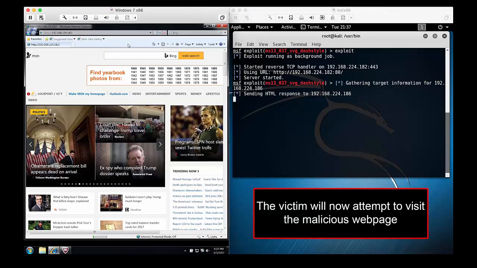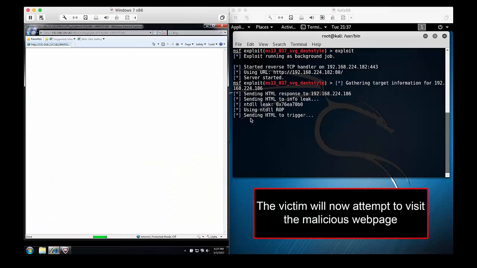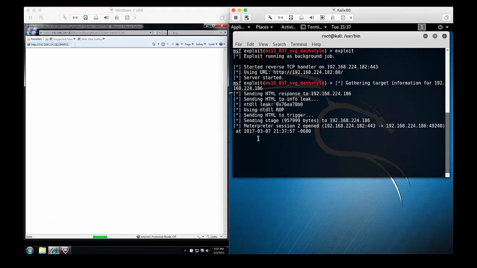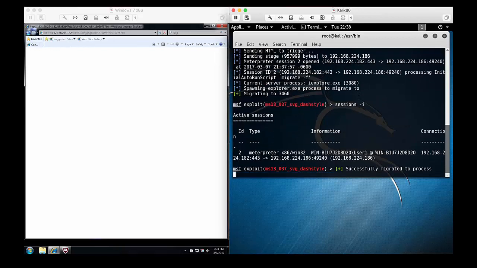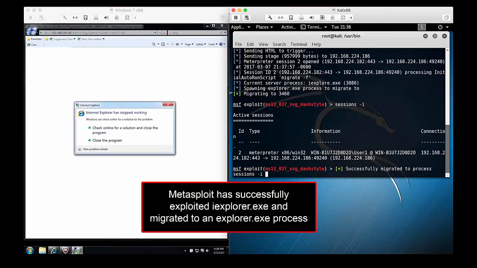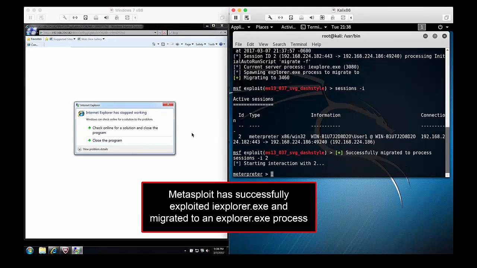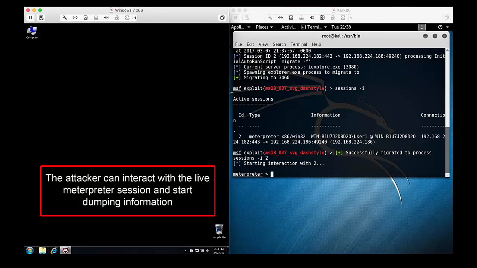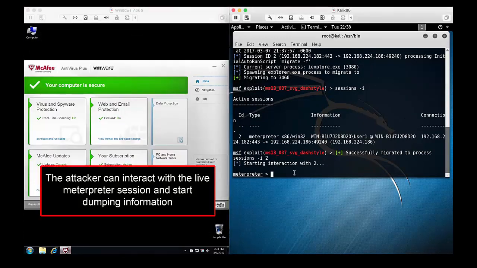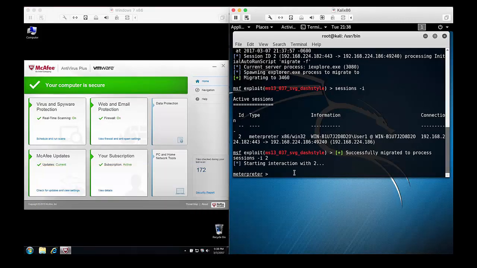There are a number of things going on at this point. The Metasploit server hosting the exploit is running on the right-hand side. On the left-hand side, the victim browses to the malicious website hosted by the Metasploit machine. The vulnerability in Internet Explorer is exploited by Metasploit and pops a Meterpreter session on the endpoint. McAfee antivirus, of course, still shows that everything is secure and nothing malicious has been detected or stopped on the